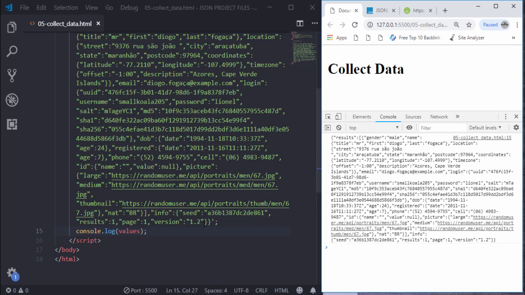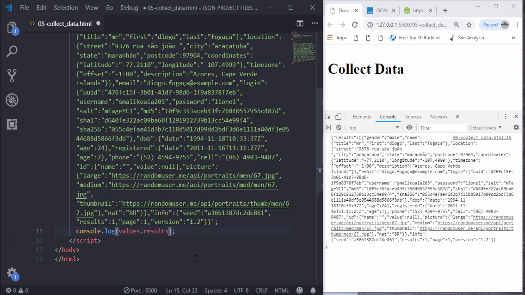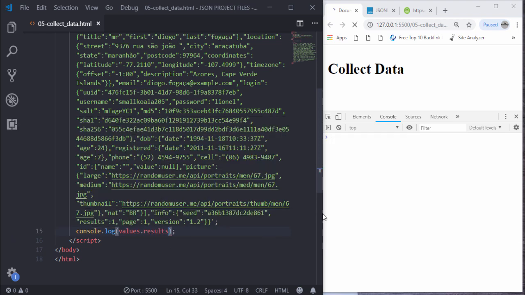Now I want to get the particular record. As you can see, this is a results key, you can say key or object. I want to target this object to get the particular record. So I call dot results, right? Results. Save. As you can see, I can't see the value which is available inside the results object, undefined,